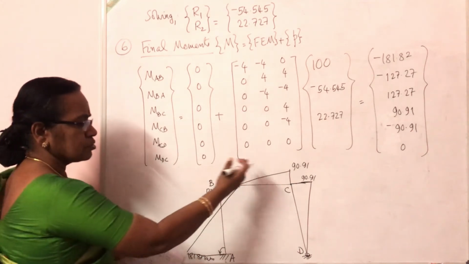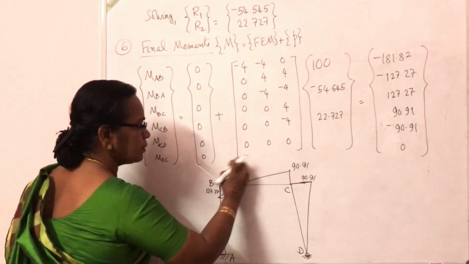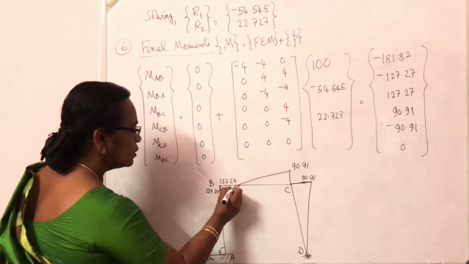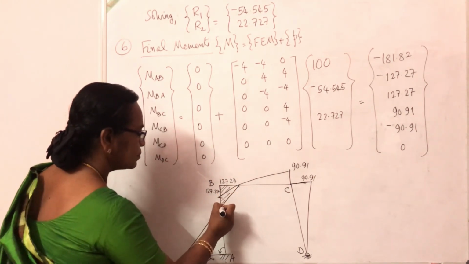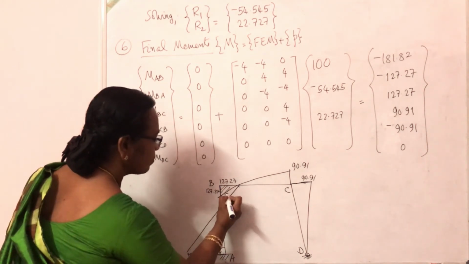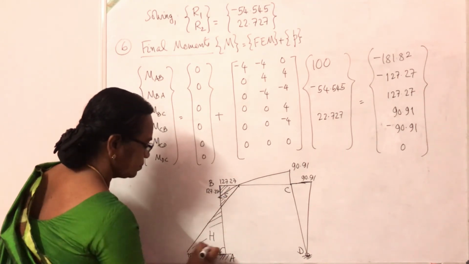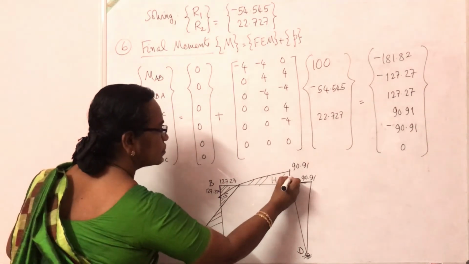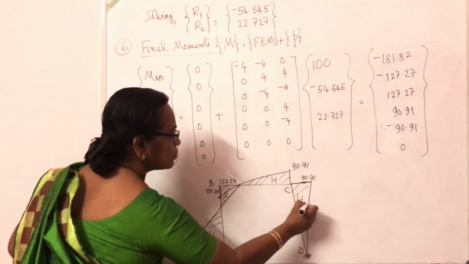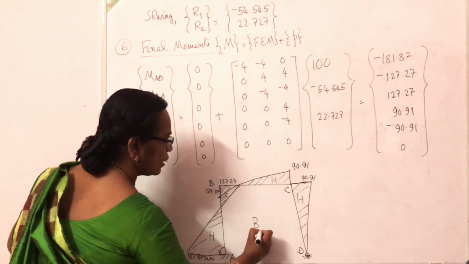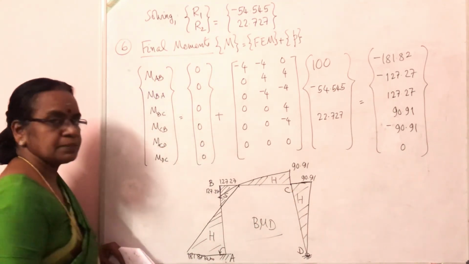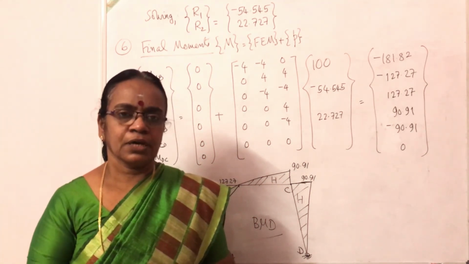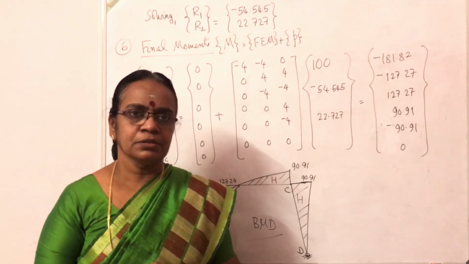There is no superimposed simply supported diagram because there is no load on the element in this span as well as in this span. So this portion is subjected to hogging, and this area is completely sagging. Hatch the diagram. This portion is subjected to hogging. It is also just hogging. This is the final bending moment diagram. So with that, we come to the end of one numerical example on rigid frame.